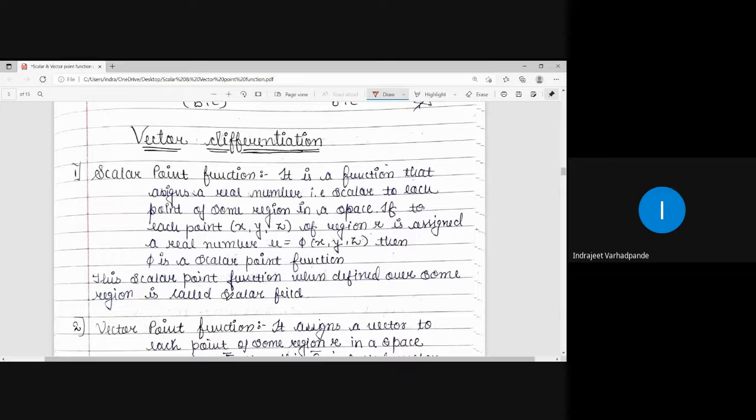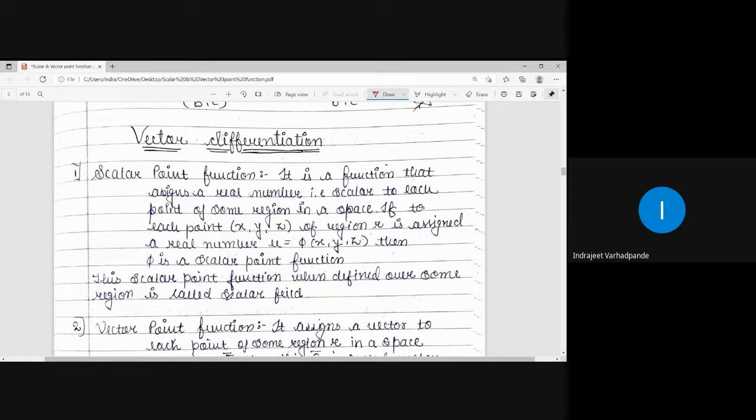So up till now, it was all the mathematical portion wherein we were talking about the scalar product of vectors, vector product of vectors, and so on. But now we are interested in discussing vector differentiation. And we all know that in calculus, when a derivative is taken or when the derivative exists, it is particularly for a function. So at this point, we will be discussing the scalar point function and the vector point function.